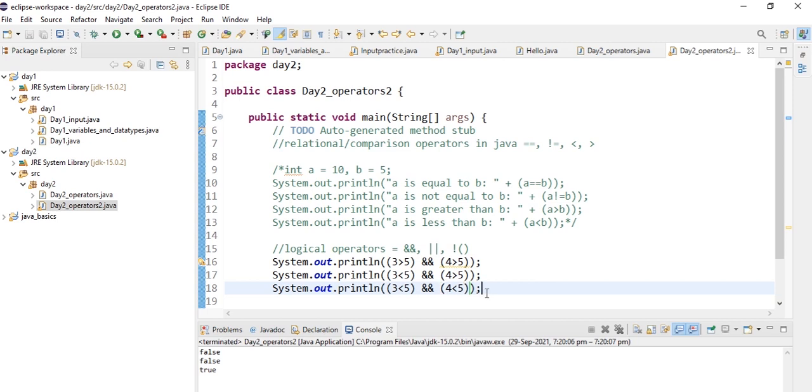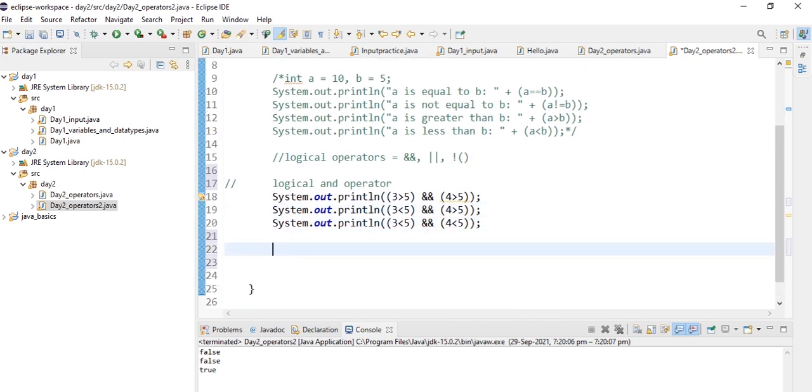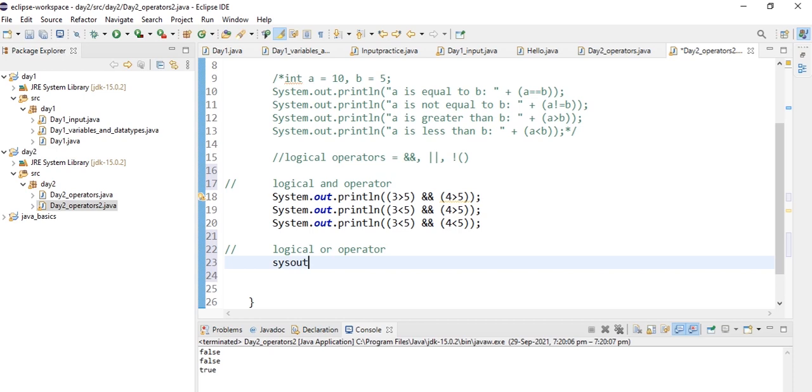So now let's discuss and demonstrate the logical OR operator. First let's write a comment. Here also we are printing to the console and we are comparing 5 is greater than 10 or 3 is less than 5.